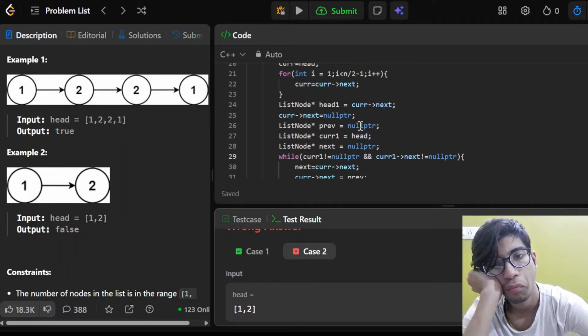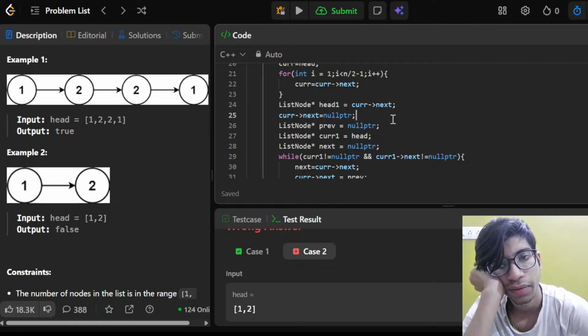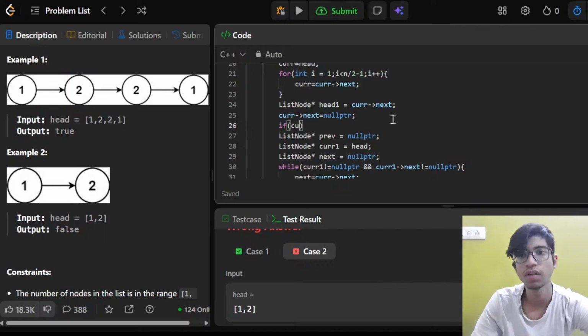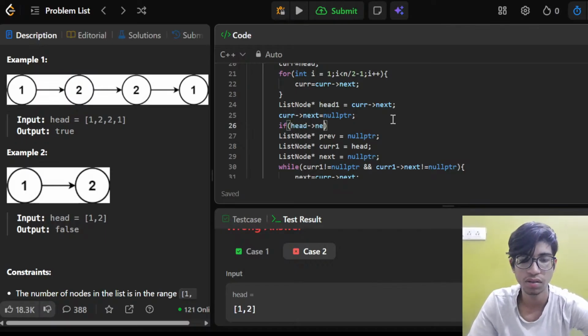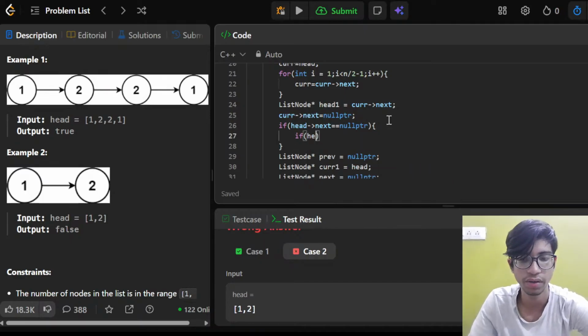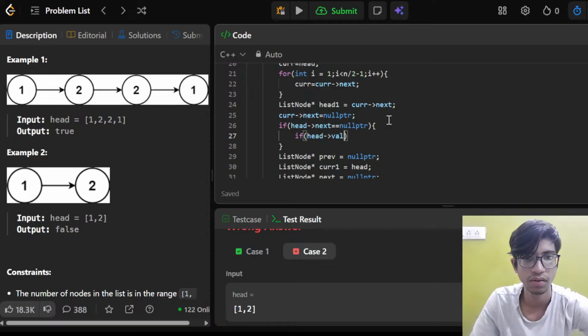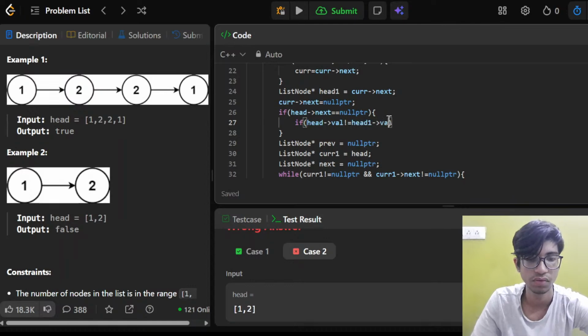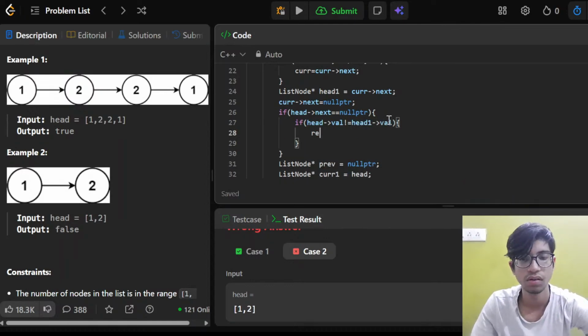I see. Well, then I guess if cur 1, if head next is equal to null pointer, if head val is not equal to head 1 val, return false.